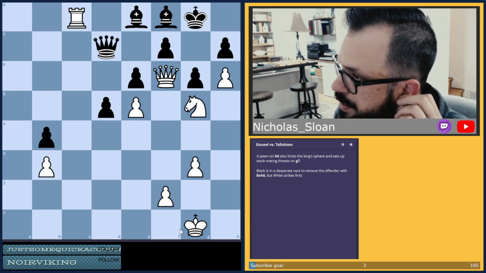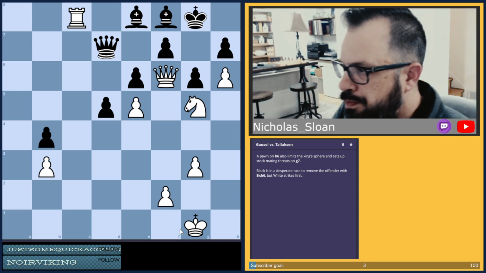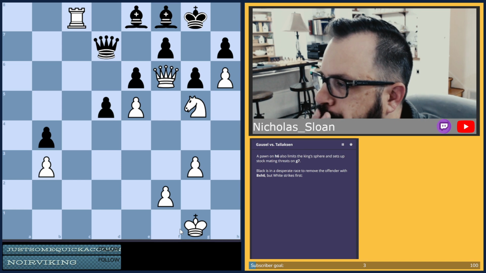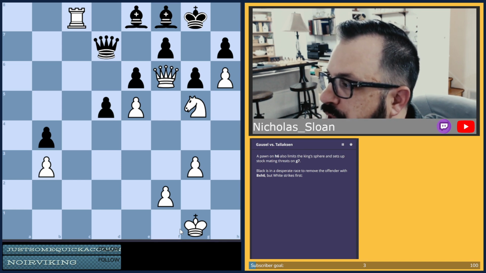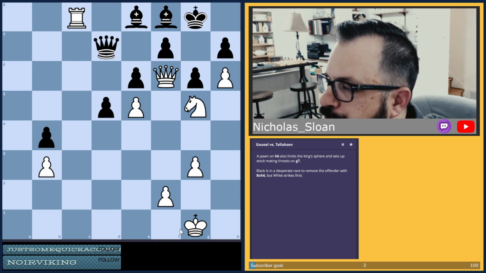Okay, let's take a look at the next one. Galzo versus Talixen. Pawn on h6 also limits the king's sphere and sets up stock mating threats on g7.